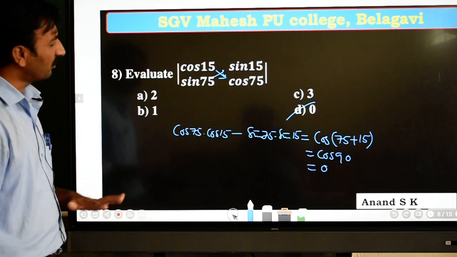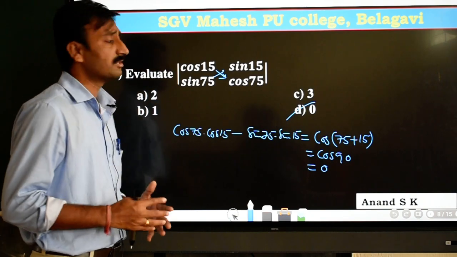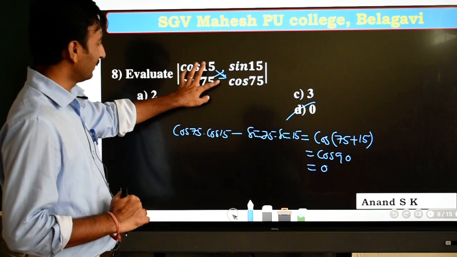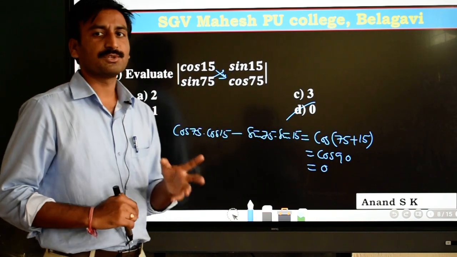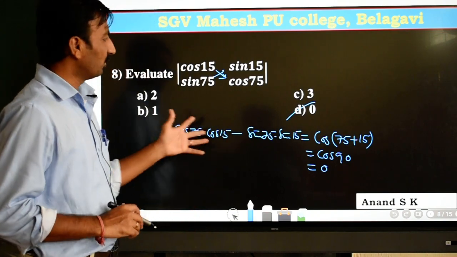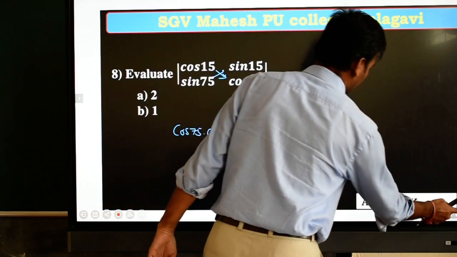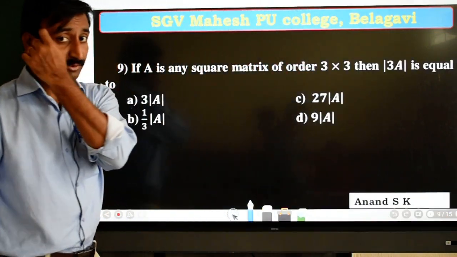So these kinds of questions sometimes are a bonus because they will not consume any time. Straightforward, without calculation also you can imagine this into this minus this into this gives you cos A plus B directly. So you should not waste time and just go for the next questions. Such problems will save your time.